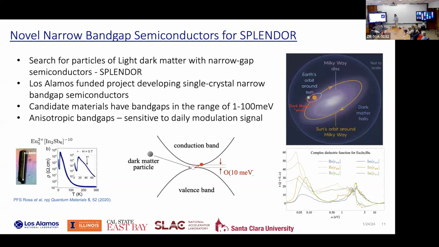Most experiments are only able to rule out what dark matter can and can't be. But if you're sensitive to this modulation signal, you could claim a dark matter discovery if you were able to see that modulation. Obviously, that's a very complex analysis and experimental problem, but having that door open is very beneficial with these materials.